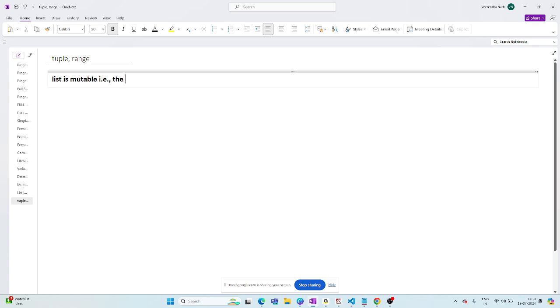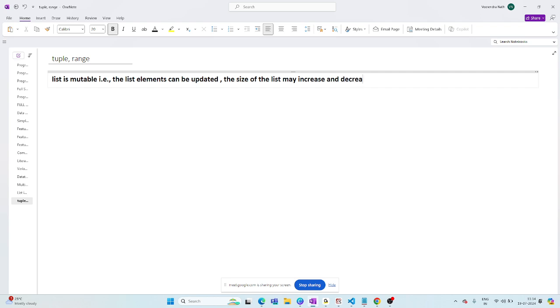The list elements can be updated, the size of the list may increase and decrease. So this is what mutability is.